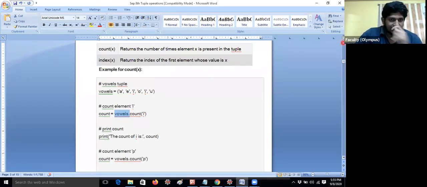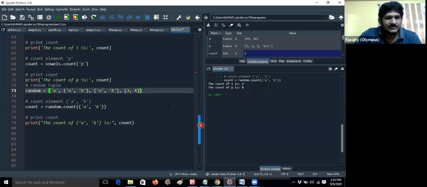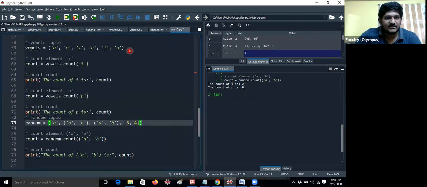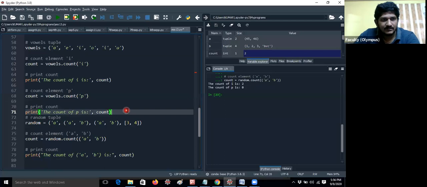Anyway, guys, let me move to the next example. Vowels dot count of p. Now I am checking count of p. There is no p in the particular vowels. Vowels is just a variable. Now I am getting the count of p is 0. This is another example.